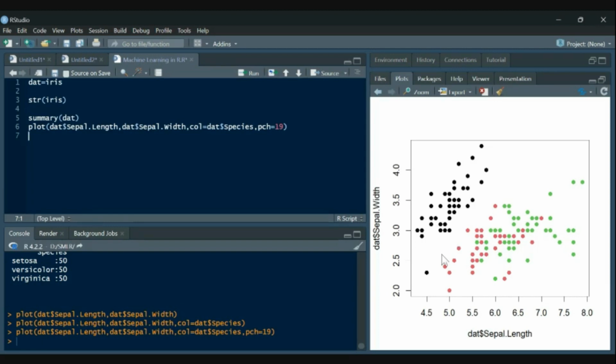In that condition also, let's check upon the first one. Here also we can see that this is forming a certain kind of cluster, and this whole is forming a certain kind of cluster. So on the basis of the simple scatter plot, we can identify that some kind of a cluster is forming. There are certain observations of a particular relationship between the sepal length and the sepal width. So this is how we can simply create this plot.